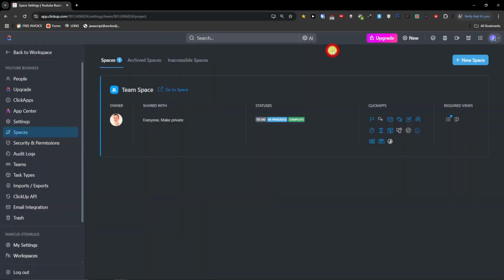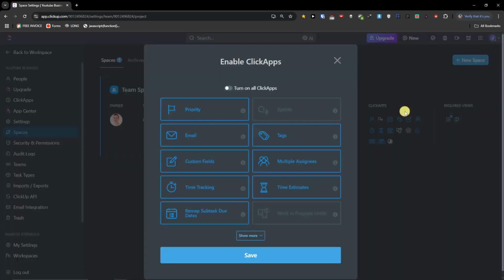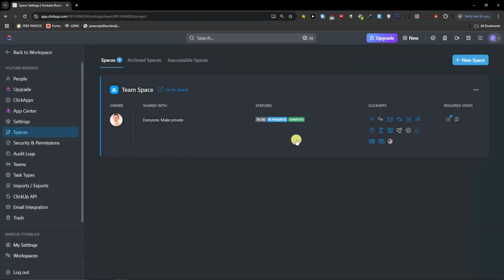the settings of it. So let's say, for example, that you would like to add different kinds of statuses, that you just don't want to have only to do, in progress, and complete. You can have more statuses, and that's something you can do. And then also you're going to find what kind of ClickApps you are going to have with it. So here you're going to find the settings of